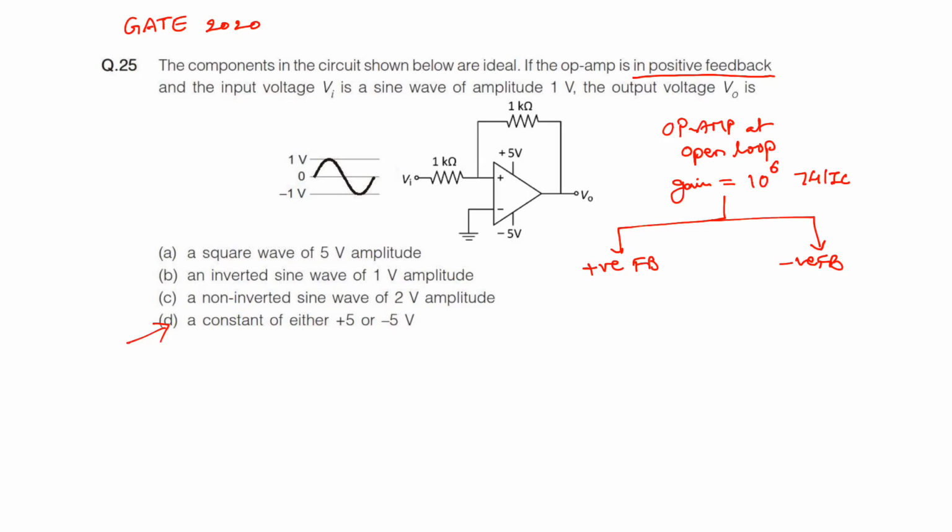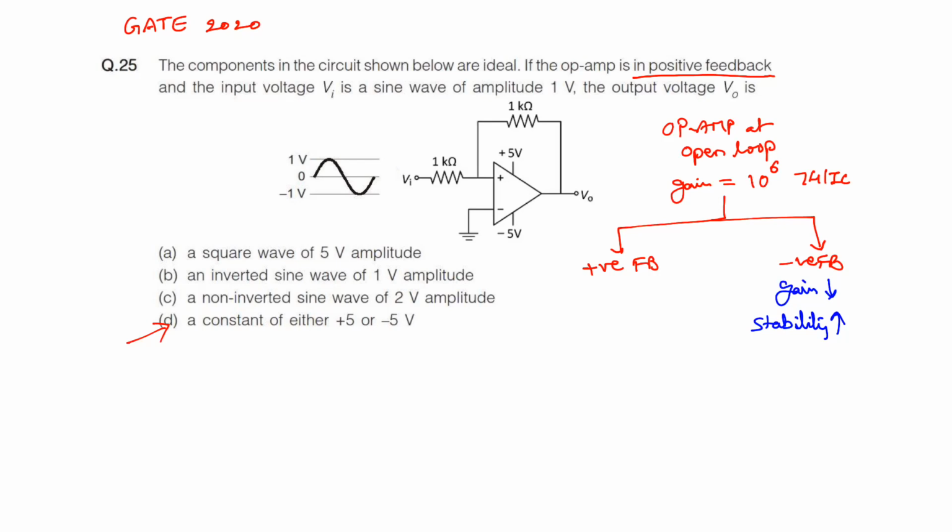Make it positive feedback, and the other way is using negative feedback. By using negative feedback, gain reduces to 10, 100, 120, whatever the value, depending on the values of R1 and R2. That means the feedback resistance RF and the resistor R1, along with whether you are using inverting mode or non-inverting mode. Based on that, using negative feedback, gain reduces, but the advantage is that stability increases. That means whatever the reduced gain is, it is going to be stable.